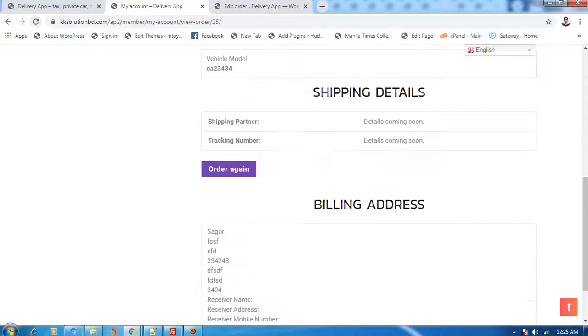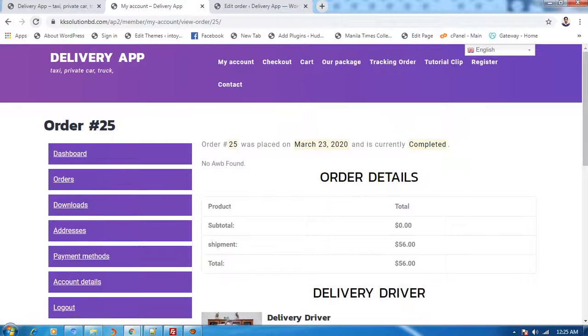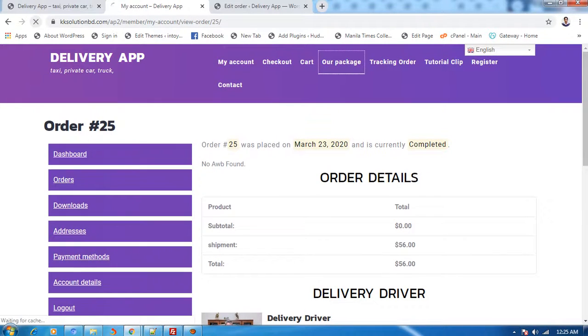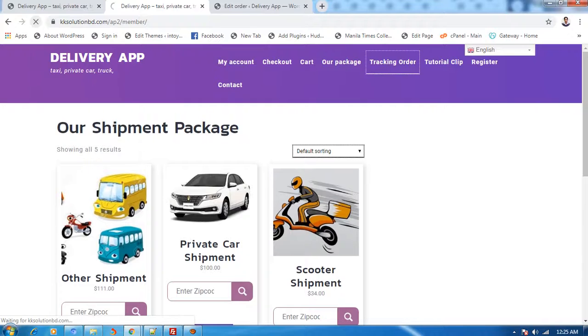This way, here you can see, and he can find again other than this process, package, and we have another tracking.